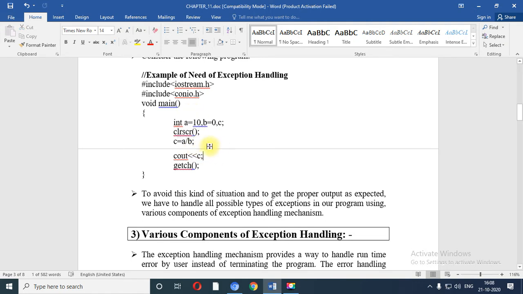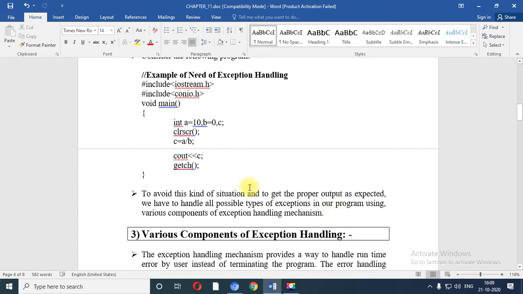Over here you are able to see that the value of a is 10 and the value of b is 0. That is a rule of mathematics, that you cannot divide any value by 0. So in this particular case, when you try to run the program, the program is terminated unexpectedly.